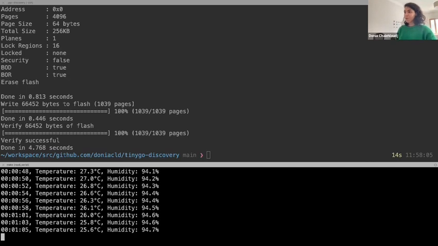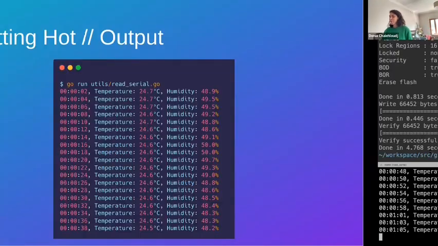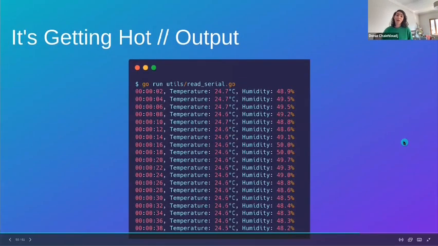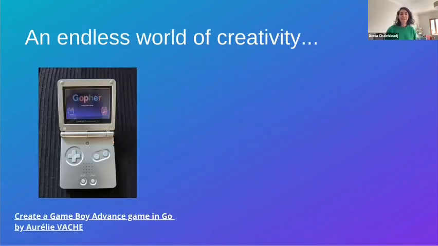So you saw all these examples, but it's actually just a tiny bit of what you can do with TinyGo and with Go in the IoT world. This is an endless world of creativity. Here is an example of a tutorial from Aurélie Vache. She created a Game Boy Advance game in Go using Gophers. We can see them, which is really funny.